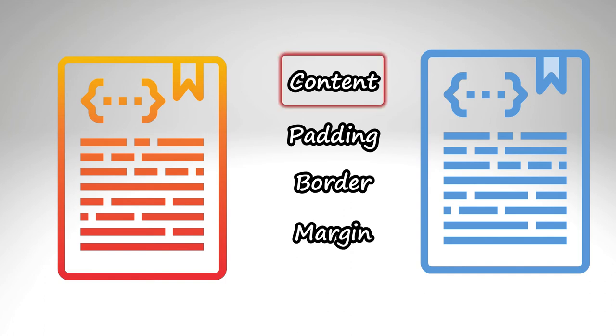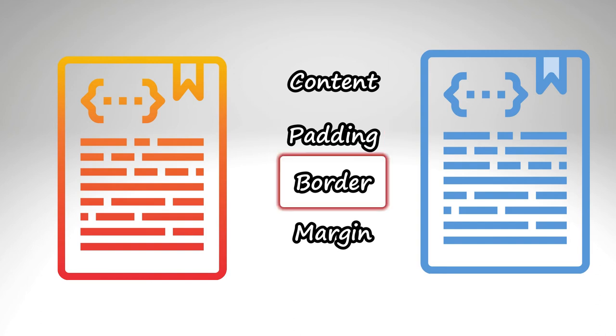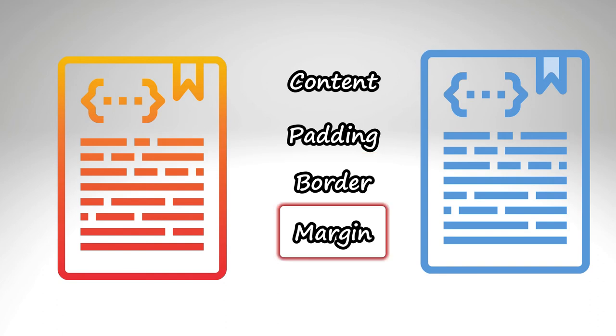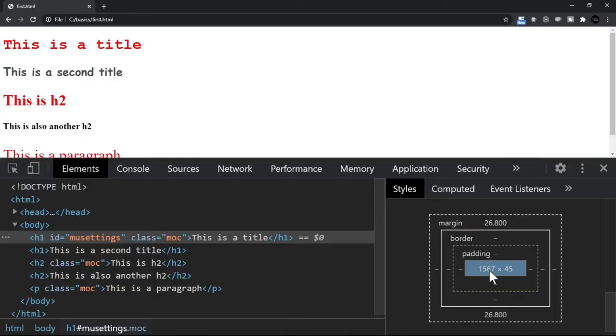Content, then the distance between content and border, then the border. You can format the border. You can give the border or you do not give the border. If you have given the border, you can set the color of the border and the type of border, that is, whether you want dashed, dotted or whatever. You want a thin line, you want a thick line. That's the way you can format the border. And then you can increase or decrease the distance between two elements. Every element is treated as a box, and this is how the box looks.